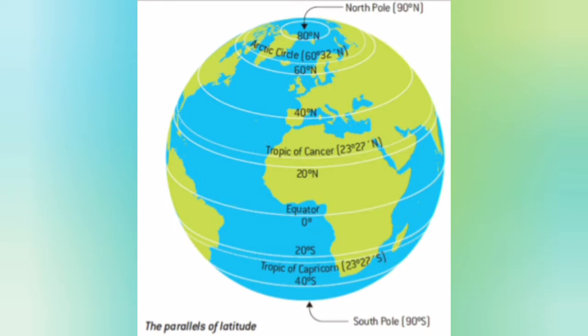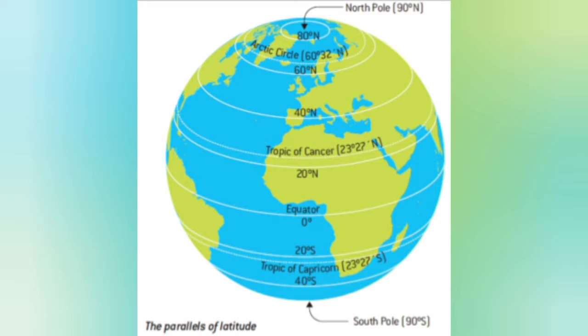So these parallel lines of latitudes that run throughout our earth are actually imaginary lines. There are no such lines in real. Therefore, these parallels of latitudes are completely imaginary. So we are going to discuss more about these latitudes in our next slide, where I'll show you a diagram of parallels of latitude. Latitudes are imaginary horizontal lines that run across our earth,